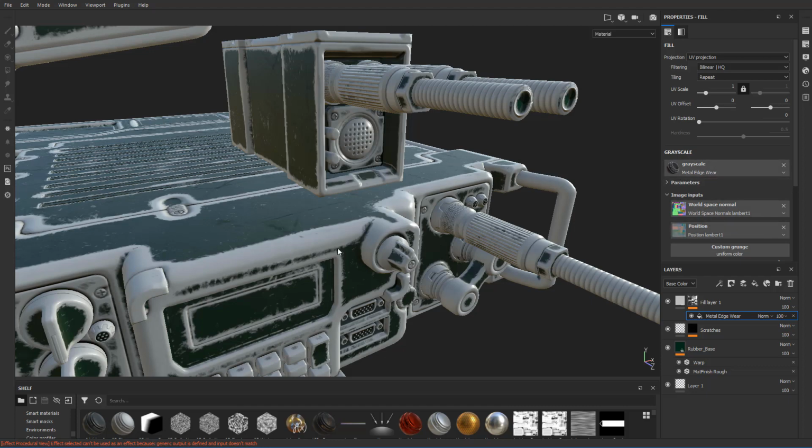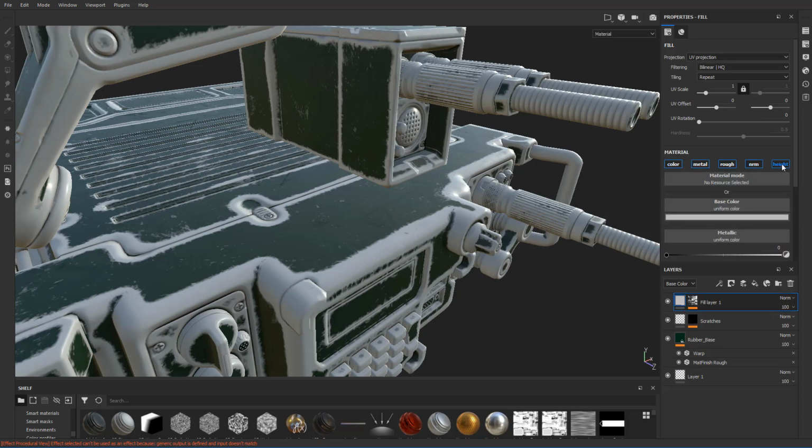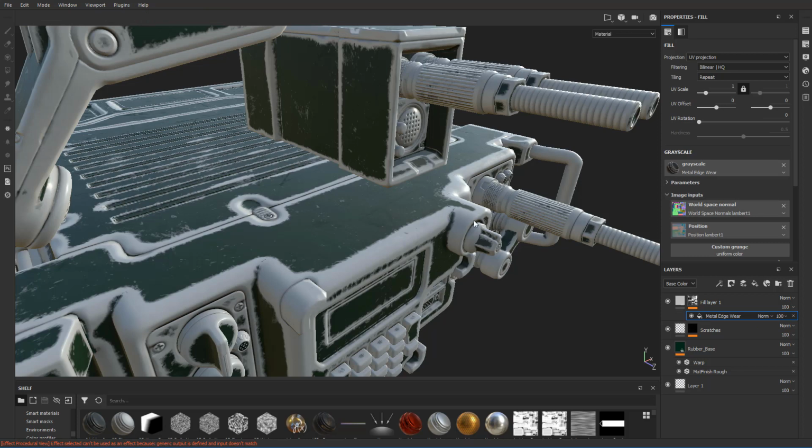That will load the metal edge wear in here. And as you can see on the material, all the material attributes are enabled, which is fine for now, but in the end I'm gonna only have it affect the roughness. I'm gonna leave the color on for now so that it visualizes what this filter is doing a little bit better. So right now all of the white areas are the areas that we are affecting. So let's go to the metal edge wear filter